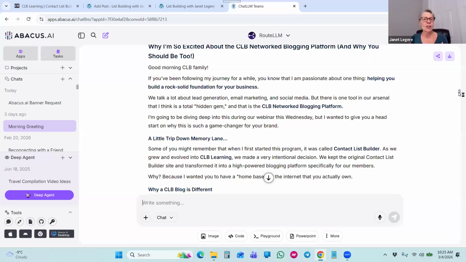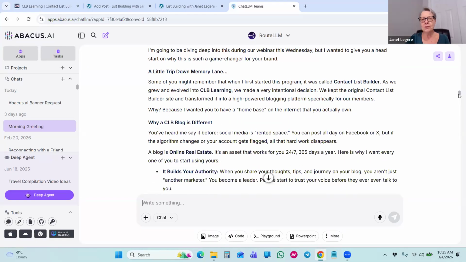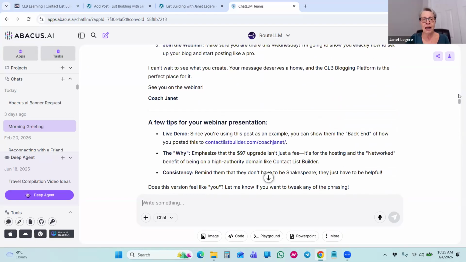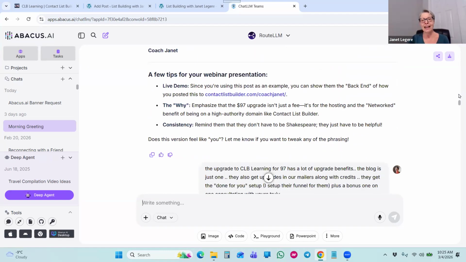And I haven't spent a lot of time with this program. I have spent a little bit of time. I've asked it to do blog posts before. I've asked it to write emails for me. But the cool thing is once we get to the bottom of this, it comes back and talks about the live demo. I can show how we created this. That's what it suggested, that I show you how we created this blog post, which I did, and the why,